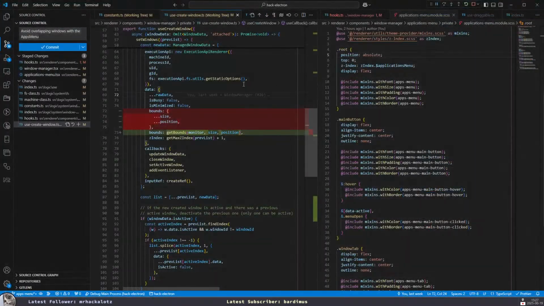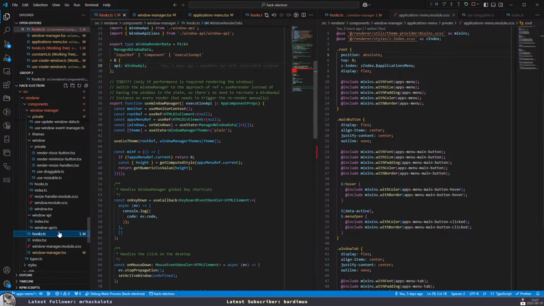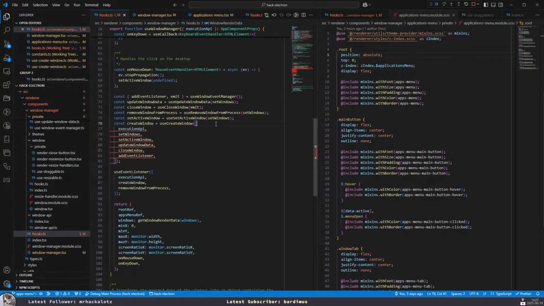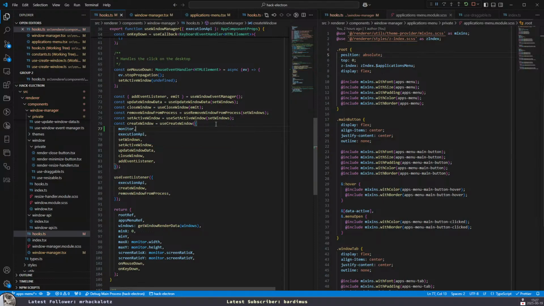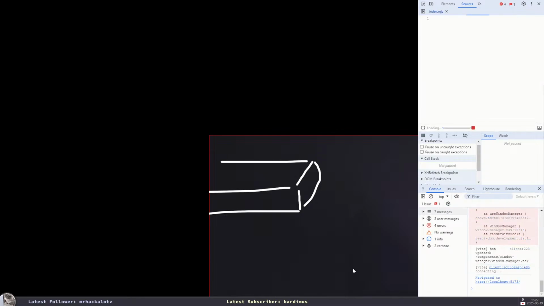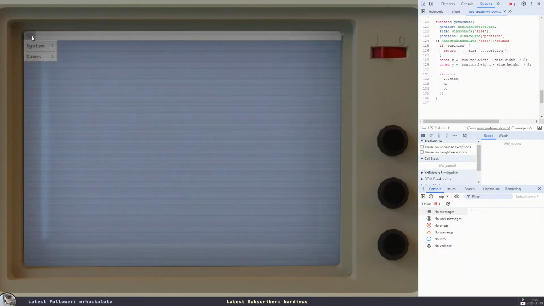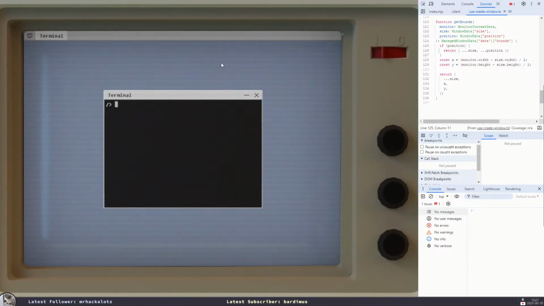Let's pass the monitor. So use create window is used by hooks, and we can see that we have an error here because we are not passing the monitor. So now this should work. Right, so now we have our window open on the middle of the screen. And it's on the middle of the screen, it's not in the middle of the available desktop, because it's